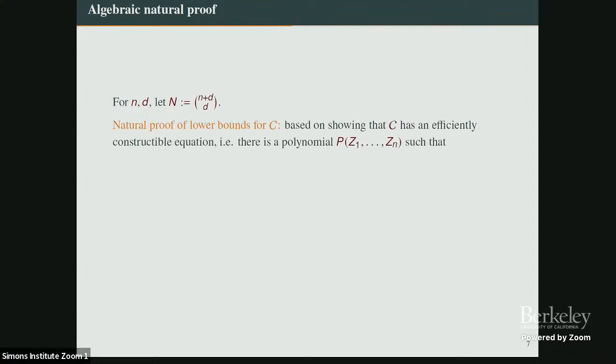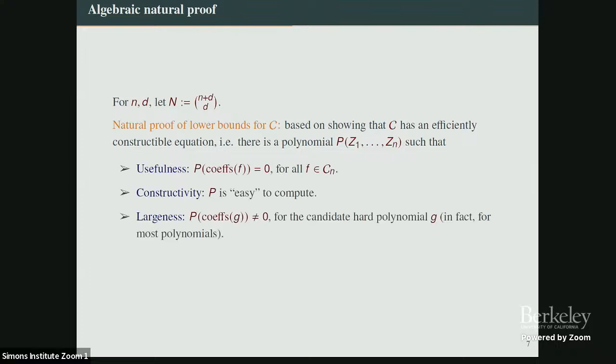As Marcus talked about this, and Anamai also talked about this, these are the three properties that we want to come up with. For n-variate degree-d polynomials, the number of monomials is (n+d choose d). So we want to come up with a polynomial p which is sort of easily constructible, such that if f